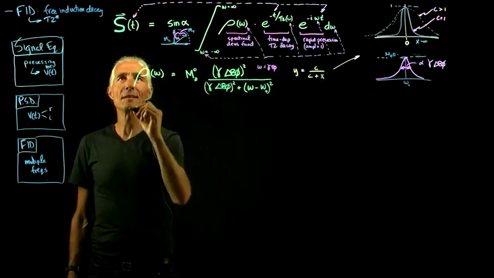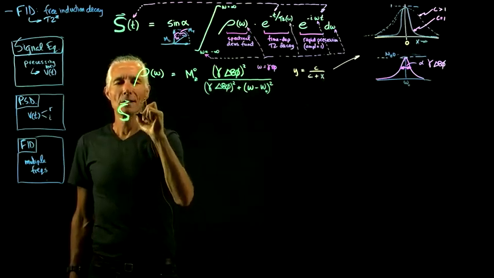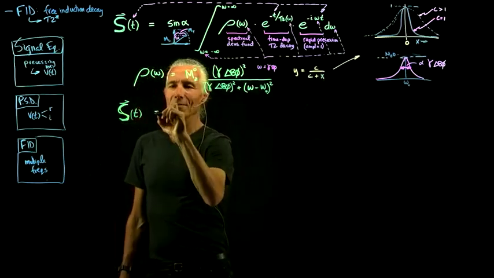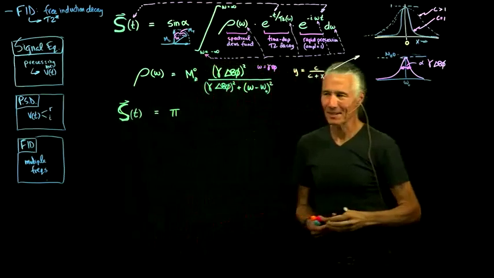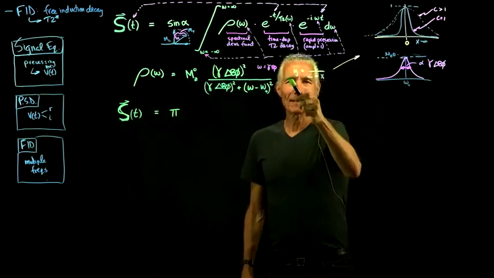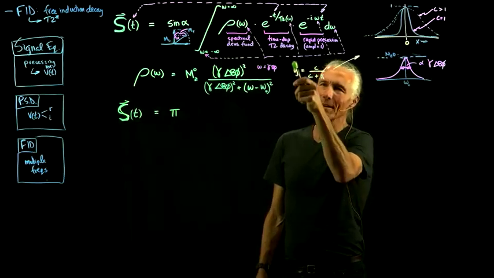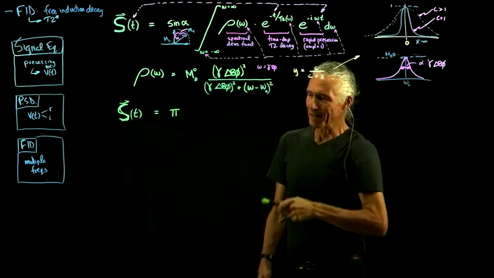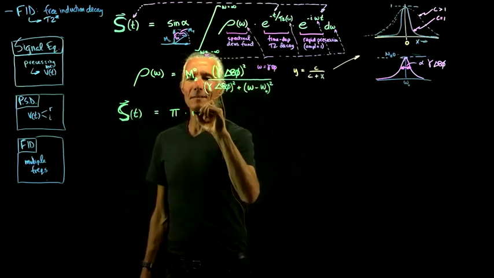The answer starts off with pi. So where does pi come from? That's the first thing I said when I looked at this. Well, if you integrate something like this, you end up with a pi. You can integrate something like this and convince yourself that you're going to get a pi out of there. So there'll be pi times